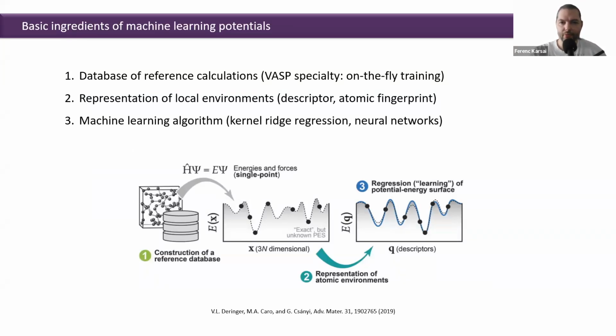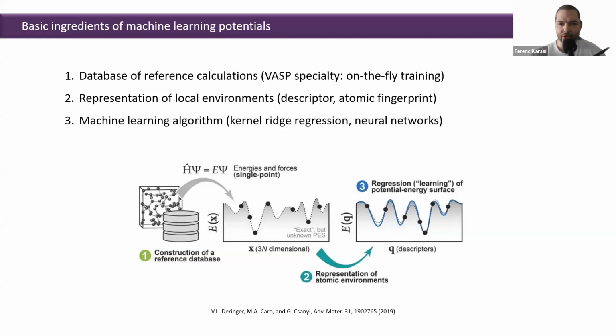First of all, you need a set of reference calculations. For example, this can be a set of single-point ab initio calculations or a set of snapshots taken from an MD by ab initio. The reference calculation set consists of multiple structures. Each structure consists of the ion positions and the lattice vectors. It also contains the energies, forces, and stresses from ab initio.